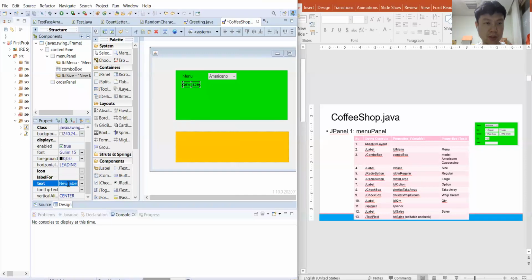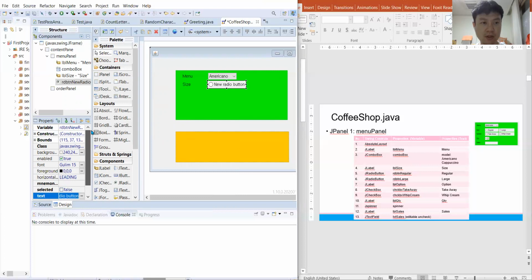Oh, where is the text? Yeah, this one is size. And then you will have, okay, radio button. So this is the radio button, the first radio button. And then let's say this item, so this will be the radio button, rdbtnRegular, okay, and then we have the regular, and then the text that you want to put here is regular,